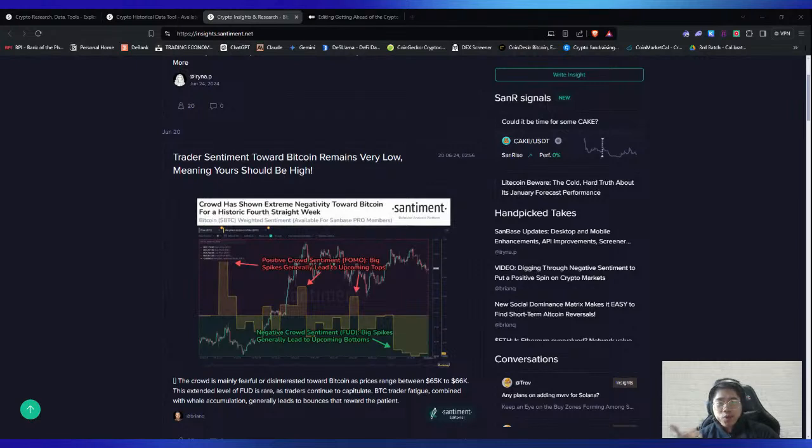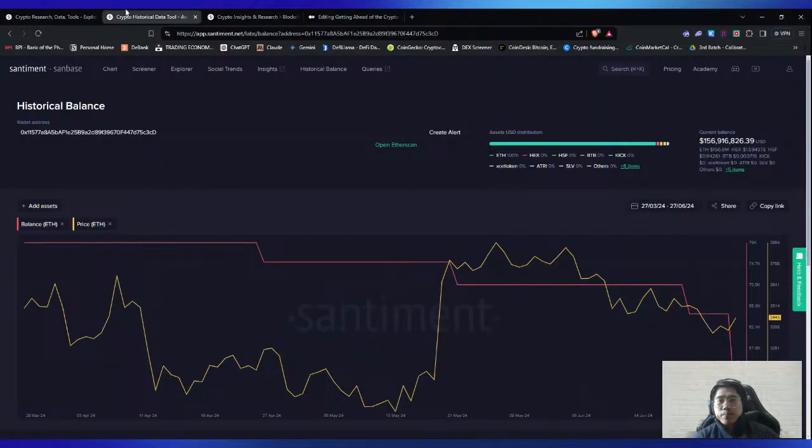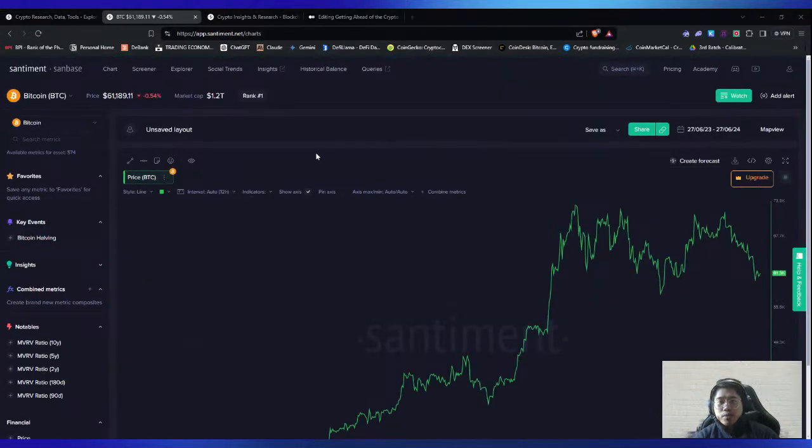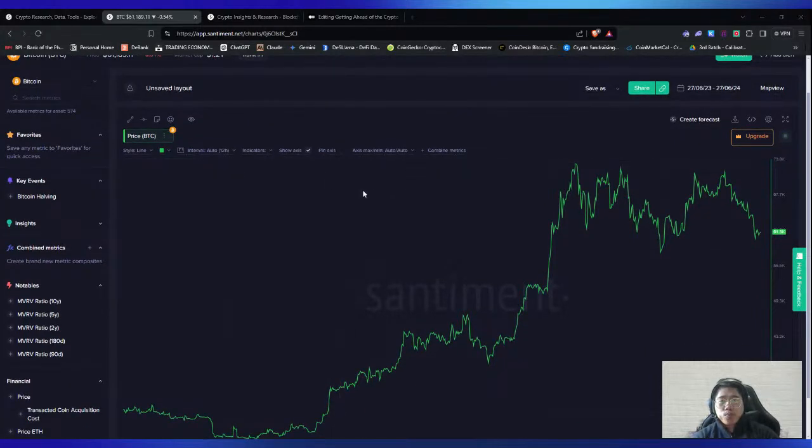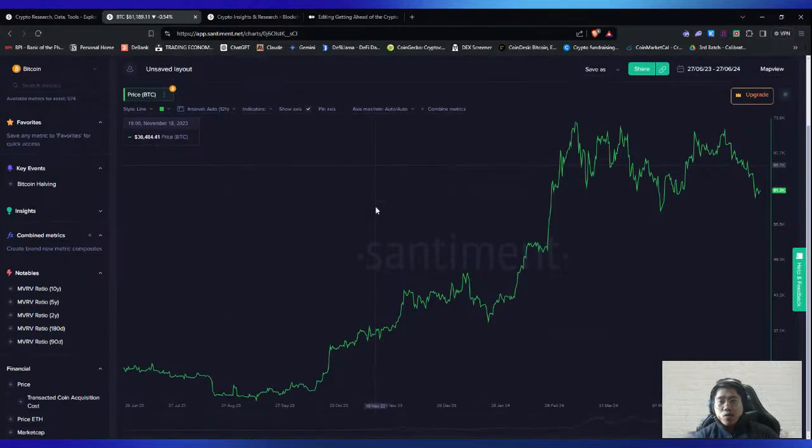All right. Now at this portion, let's try to use Santiment and make our own analysis. So first, let's go to the chart. And for this portion, let's assume a persona of a Bitcoin investor who has an extra fund and would like to add more BTC to his portfolio. So what we would like to know is if the current price is a good time to buy, and let's use some parameters in Santiment to assess if it's a good time to buy. So this is how the base dashboard would look like, showing the price of BTC through a line graph.